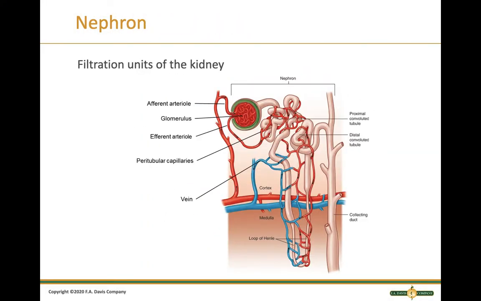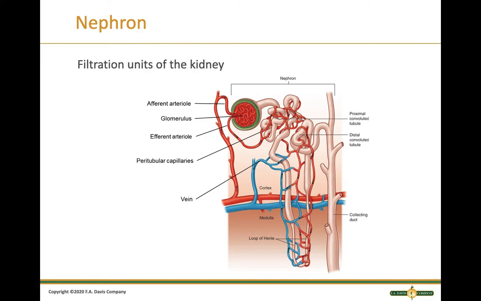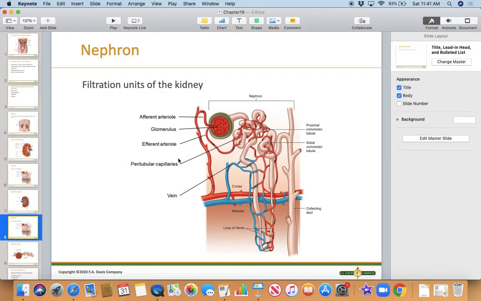The filtration units of the kidney are the nephron, and this is the structure of a nephron. We'll look at it more closely in a minute. First, we're going to look at the blood flow to the kidney. So blood enters the kidney through the renal artery, and then the renal artery is going to branch into smaller and smaller arteries until it becomes, now if we look at a close-up on a nephron, it's going to become the afferent arteriole